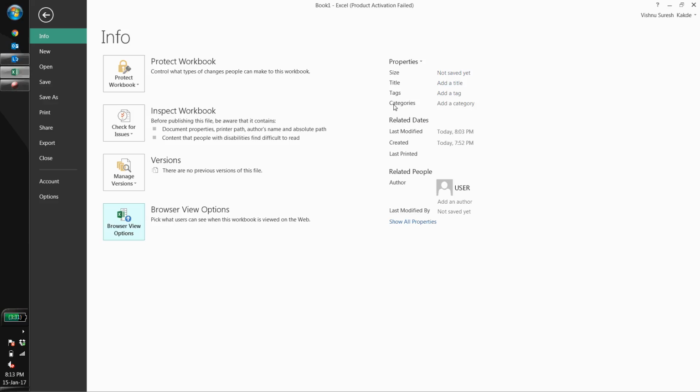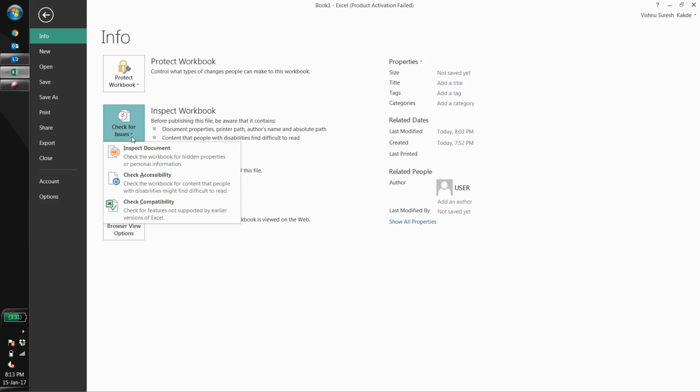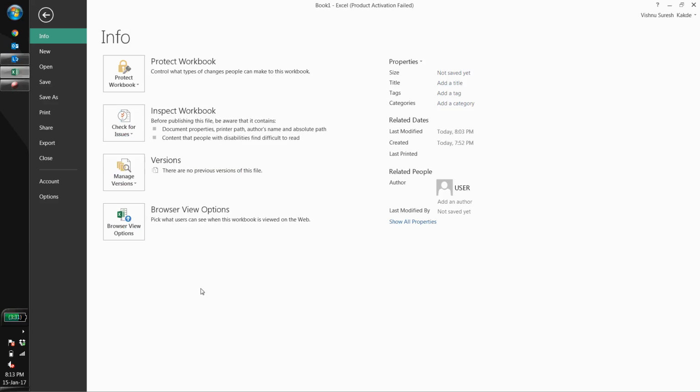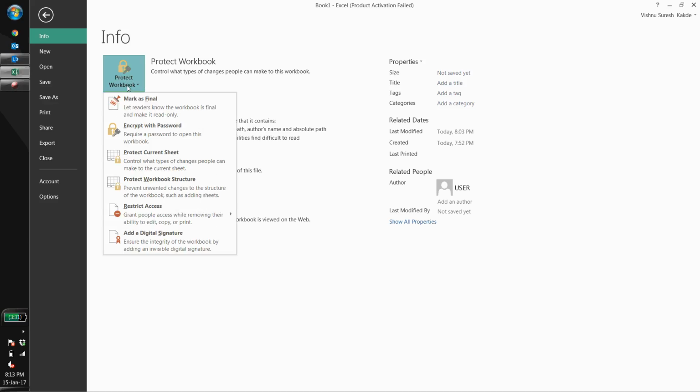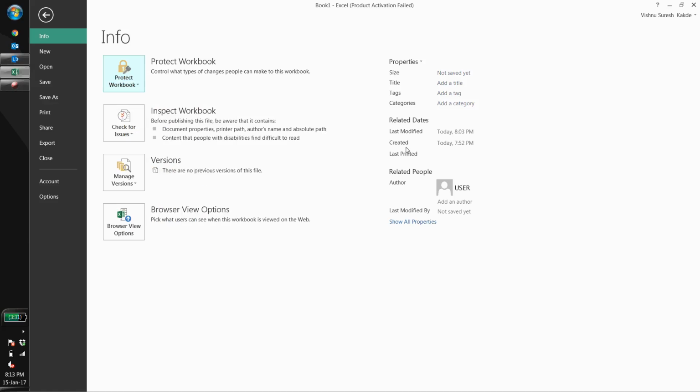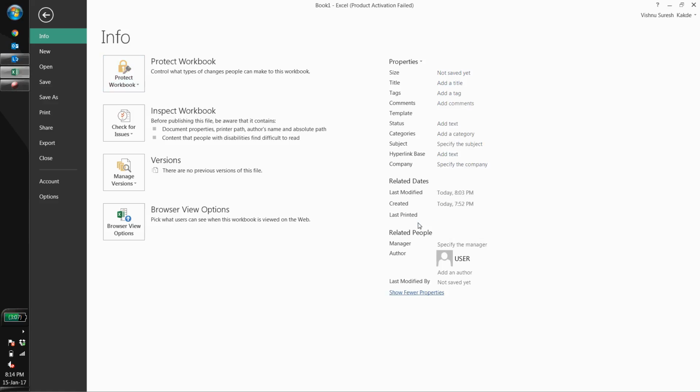It also shows when the file was last modified, when it was created, when it was last printed, and related people, such as author or reader, or those people with whom you shared this workbook online. If you go to show all properties, it will show you